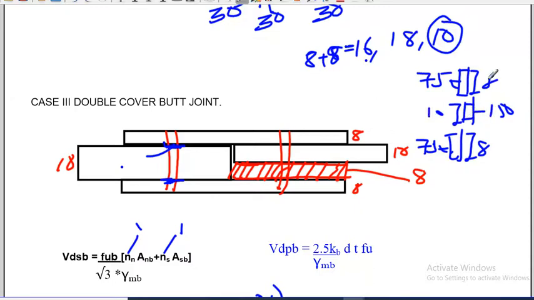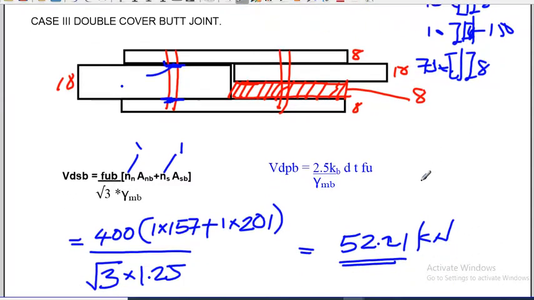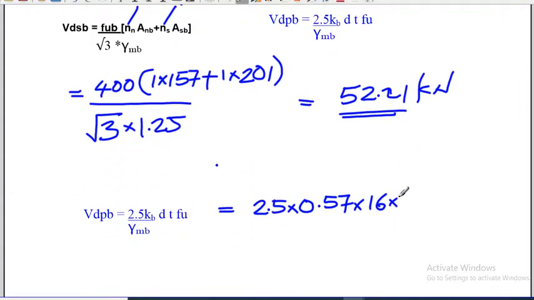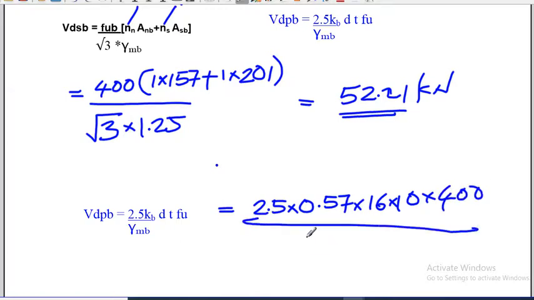So the least one is 8 plus 8, which is 16, for the 150 load. The possible chances here are more critical, so that is why it is coming. So 16 into 10 into 400, all divided by 1.25. So how much is it coming? It is coming to 74 point something, I'm not sure. Anyhow, it is 74.1. So in this also,